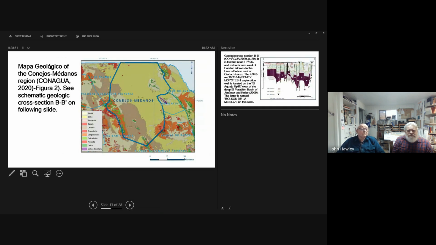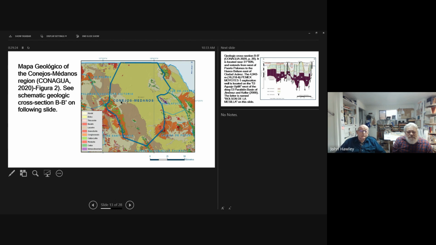This is a recent map of the Conejos Mendoza. Here's Sierra Juarez, the Rio Bravo, Rio Grande here, the international boundary here. And this shows the Sierra Sapeo, Sierra Samalayuca here.